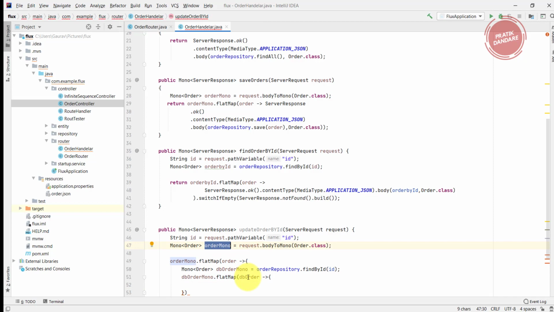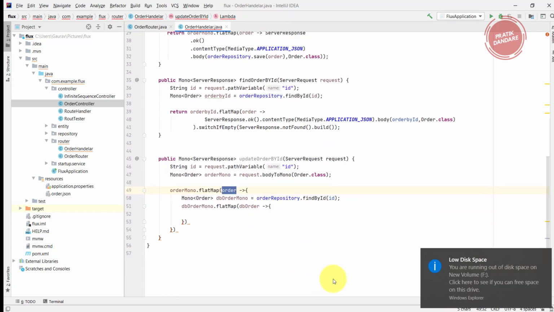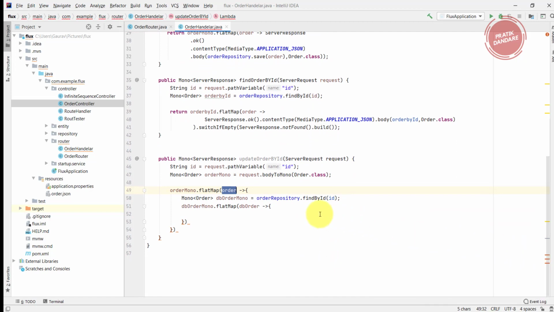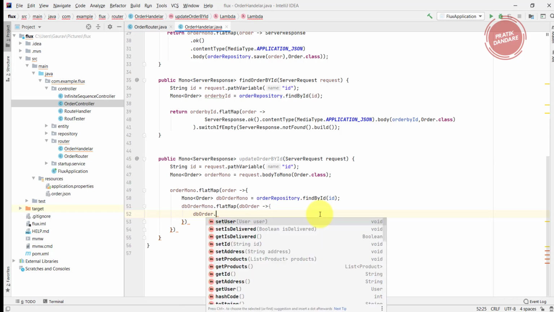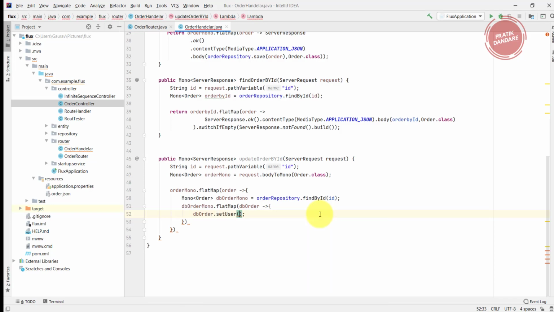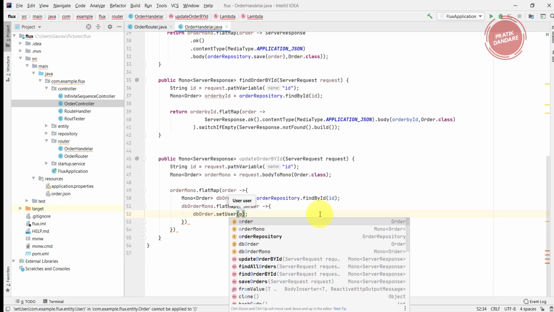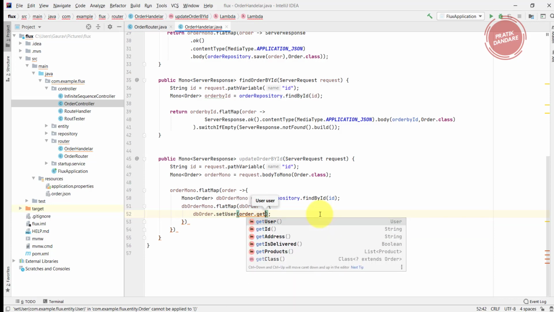So now we have the dbOrder as well as the order that's coming from the user. Let's set the fields which are coming from the order into the dbOrder. So dbOrder.setUser(order.getUser()).